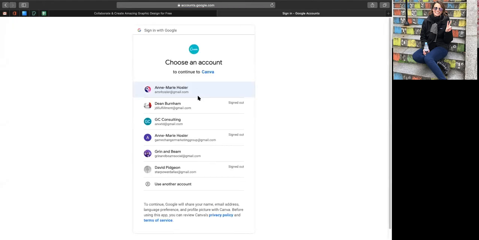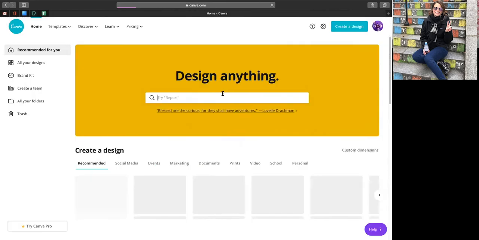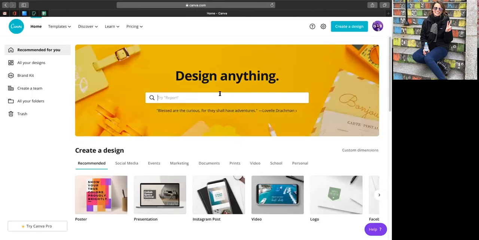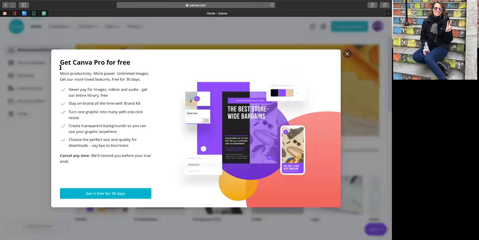They're going to offer you the opportunity to upgrade to the paid version, which gives you some enhanced features. So down here at the bottom, you can see Try Canva Pro, and it will take you through some of the additional benefits you get from the paid version. One of the cool things available in the paid version of Canva Pro that I'll hit on a little later